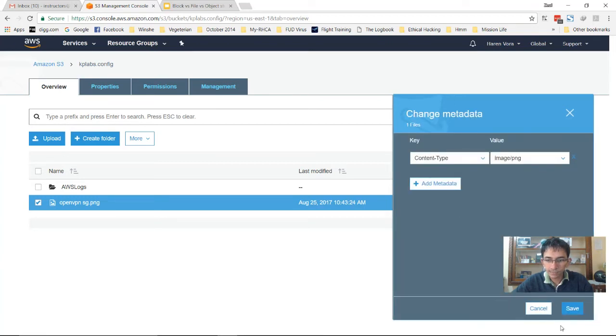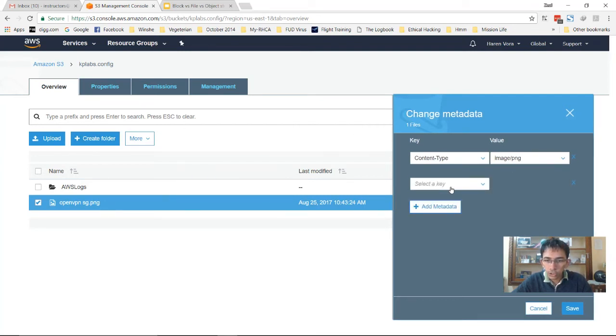Let's click here and it will show you the type of metadata, which is content type, which is image.png. So this metadata basically tells what exactly the object is all about, whether it is a text file or a song or an MP3 file or an image file. This is the metadata which S3 automatically puts when you upload a file.